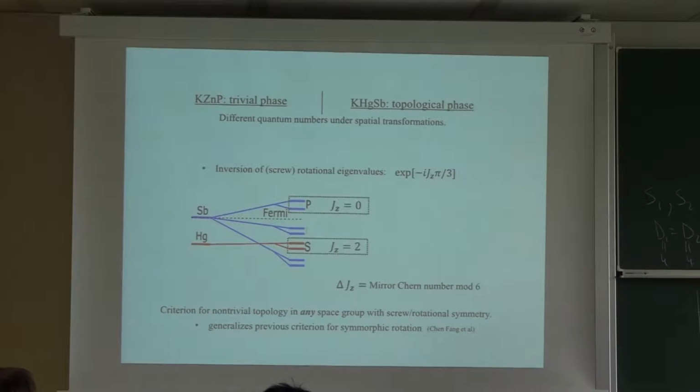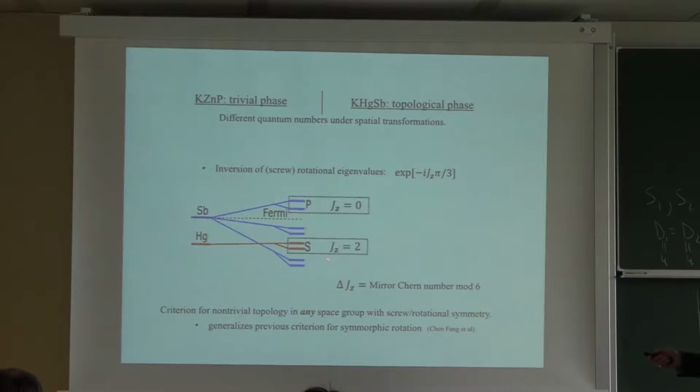And indeed, in the original paper, I think they made this point that no matter what spin orbit coupling you add, graphene will be a topological insulator. Same thing with this guy. Because without adding spin orbit coupling, if you look at mercury and antimony, you'll see that the Fermi level slashes through the antimony orbitals, and it's fixed to be here. And when you add spin orbit coupling, the only way that the levels can go is as I showed them here.